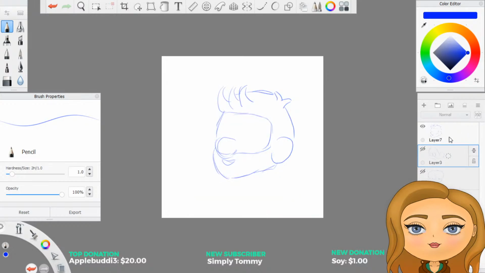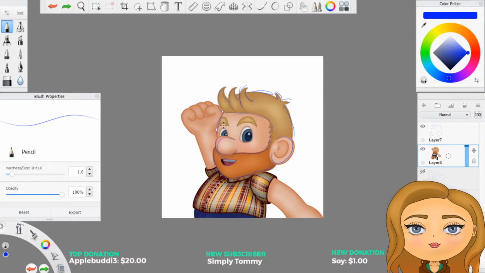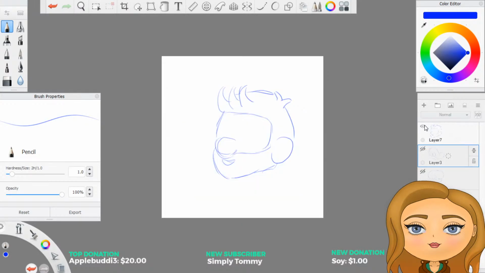Not entirely sure, if I'm honest. In fact, undo that for a second, because I didn't even bother to steal the eyebrows and shenanigans that's going on here. That'll do. Oh no, I've drawn those on top of this image. You know what? He can live without eyebrows, because he's going to get different facial expressions anyway.